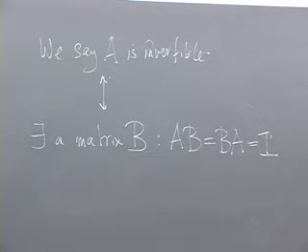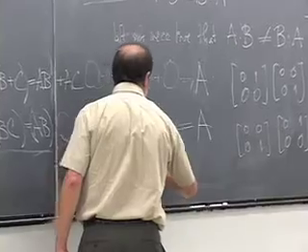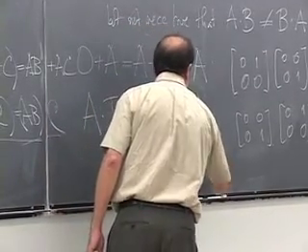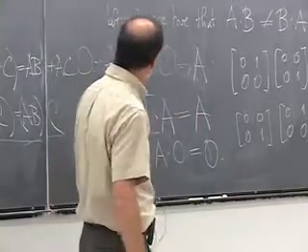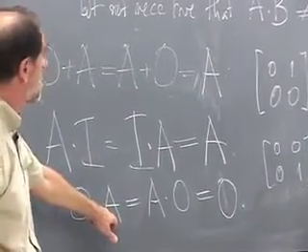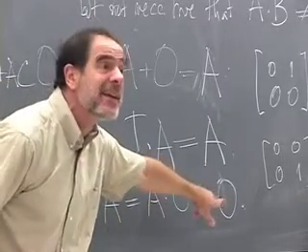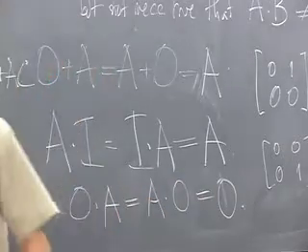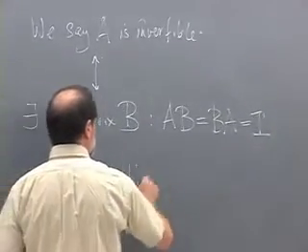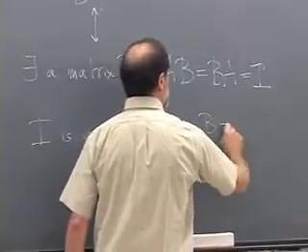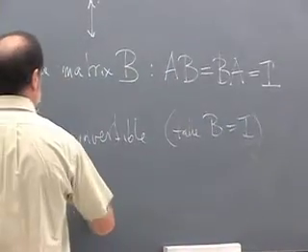Now, invertibility is a tricky business in matrix theory. Not every matrix is invertible. For example, the 0 matrix is never invertible, because if you multiply any matrix by 0, you get 0. If you have zeros in all entries, no matter what the entries of A are, when you compute the matrix product, you get 0. So there's no way I could find another matrix to multiply by 0 to get the identity, because any product with 0 is 0. So for example, I is invertible. There's a good case. You take B equal to I, and 0 is not invertible.